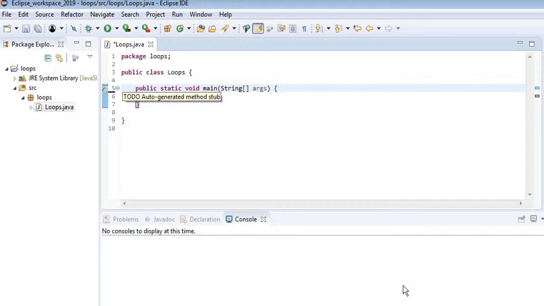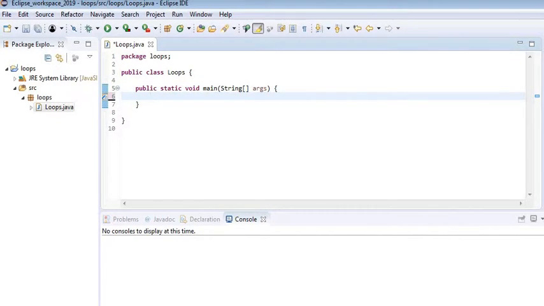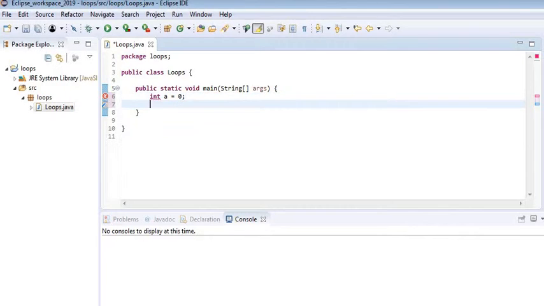So what is a loop? Basically, a loop is a process of repeating a task again and again until some condition is satisfied. So let's go ahead and do a bit of example right here. For that, I will display to you the numbers from 1 to 10. For that purpose, I'll create a variable named a that will store 0,